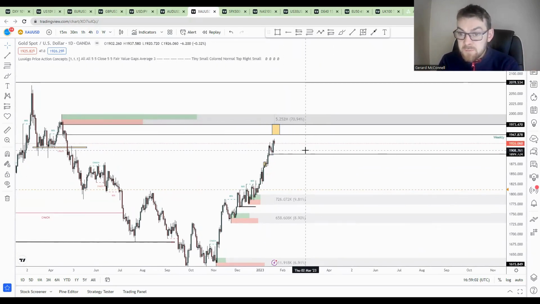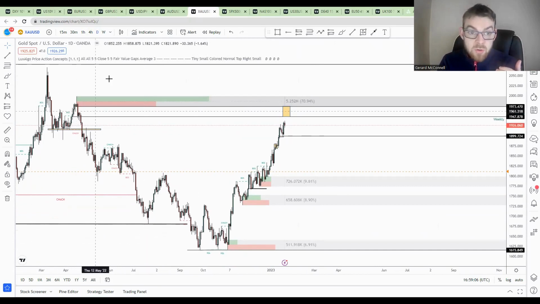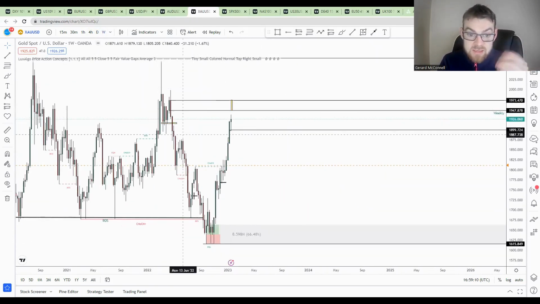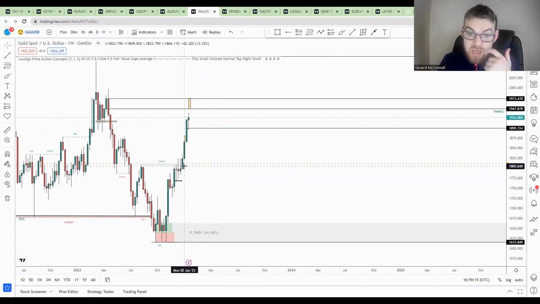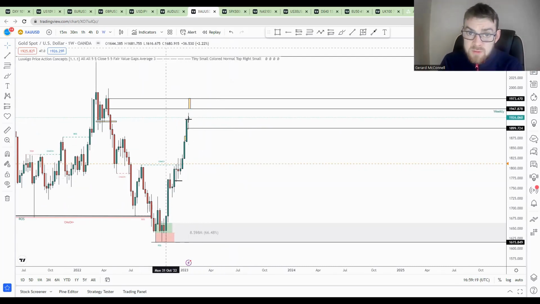And I've been saying it for a few weeks now: 1950s, 1975s is the likely scenario to undo this weekly cycle of price action, and we're looking to see if the price action can get all the way back up. At this moment in time, it's getting there. Now, it's been very, very aggressive through January. You'll see in the first two to three weeks of January very aggressive movements in gold, but we're also seeing that in the Aussie.